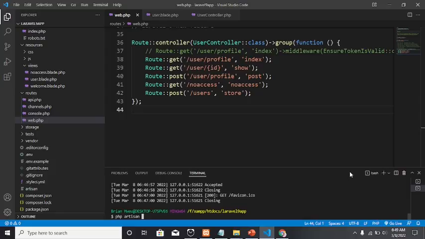Okay, php artisan make controller. This is the same command we used earlier. Now, for example, I'm going to make another, different controller, which is the post controller, since I've been mentioning it very much. So post controller,